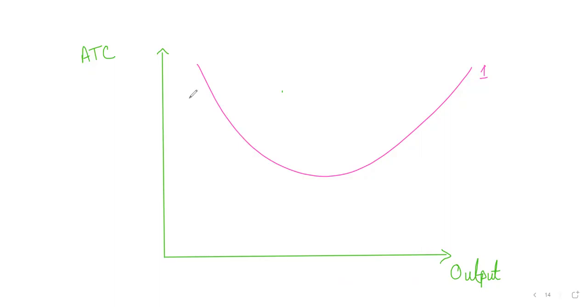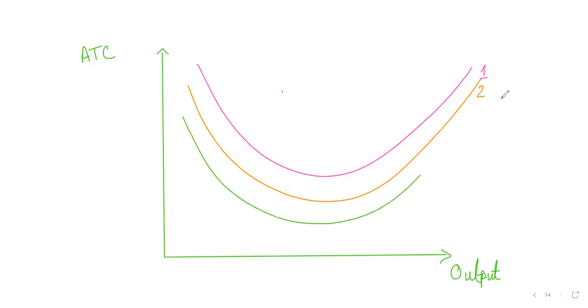Okay. Now, this is where this gets interesting. Now, think about this. At any point in time, a business will have multiple ATCs, right? A business can operate on multiple ATCs. Now, what do I mean by that? You will have to listen to this carefully, right? So let's say there is ATC 1, right? All of these ATCs will be parallel to each other, right? So then you have ATC 2, the orange color, and then you have, let's say, an ATC 3, which is